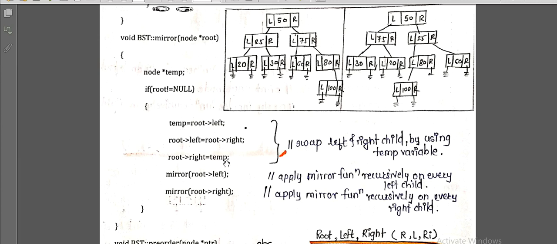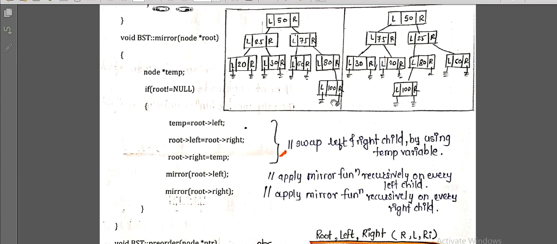We are doing the swapping of the left and right child, and this swapping again we have to do for the 25 also, as it is having the left and right child. So for that recursively we are calling the mirror of root of left, mirror of root of right. Again it will come here, then we'll check if they are not null. If my root is now 20, we'll check if they are having left and right, then they need to be swapped. If they don't have, then no need to be swapped. So likewise we are applying the mirror function recursively on every left and right child here to make a swapping.